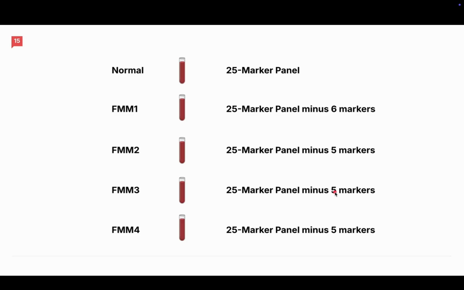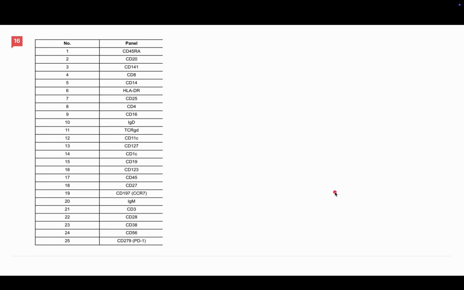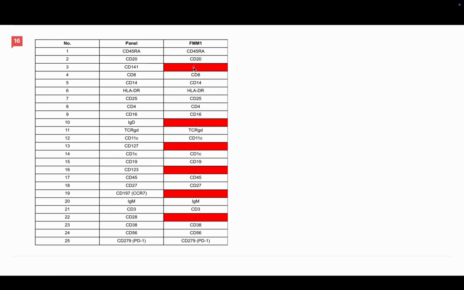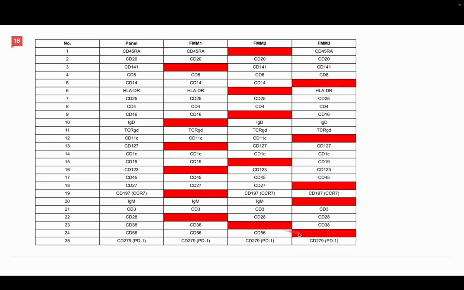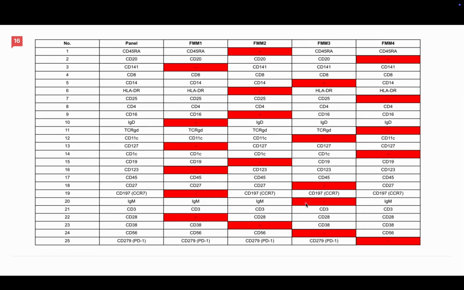So to make that clear, let's go through the original panel again. So we have this 25 marker panel over here. We have FMM1, and you can see all of the missing channels over here. So these are the 6 markers that have been taken out. FMM2, a bunch of other markers have been taken out, but you can notice none of the same ones are taken out. FMM3, and again, we've taken out 5 markers here, but they're not the same ones as FMM1 or FMM2. And then finally, FMM4. So same logic applies, which is the markers that are removed aren't the ones that show up in